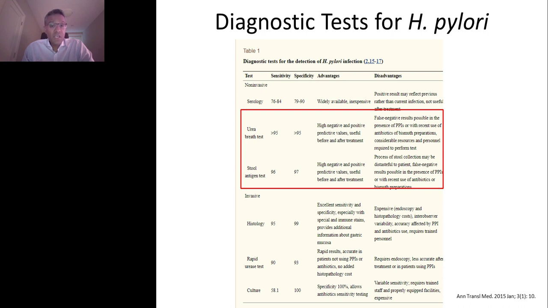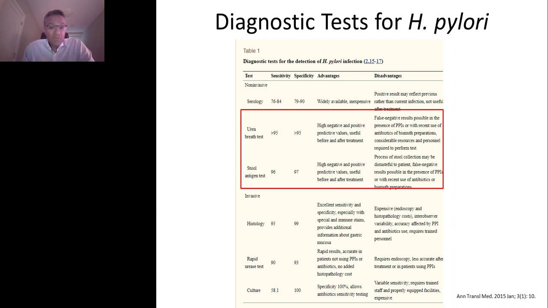describing previous infection. The urea breath test has good sensitivity and specificity, over 95%, with high negative and positive predictive values. This is a useful test for screening. However, false negative results are possible when the patient is on proton pump inhibitors, for example. And there are some difficulties in performing this test in certain individuals, for example, young children who can't comply with the instructions. Moving down, stool antigen test, again, a very highly sensitive and specific test with good positive and negative predictive values, with perhaps the caveat that here the disadvantage is that some patients may not like to collect stool and provide stool, and that may be an issue.